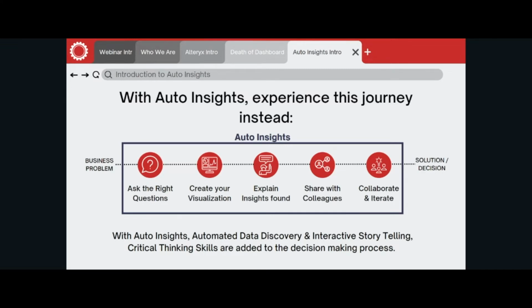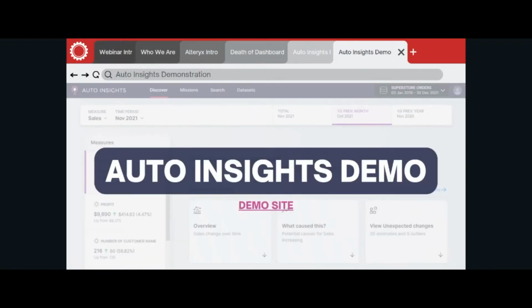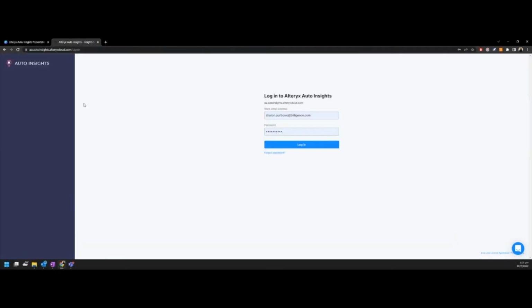objectives. So now, to understand everything I've been marketing to you for the past 10 minutes, let's move on to the demo section of today's webinar, where I show you exactly what I'm talking about. So upon logging into an Auto Insights website,